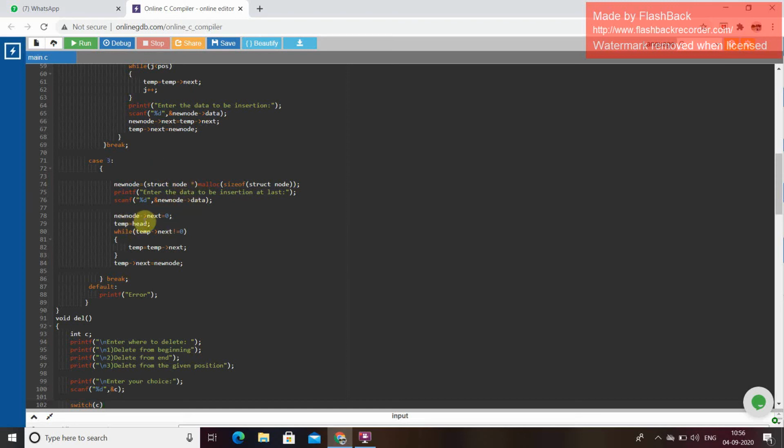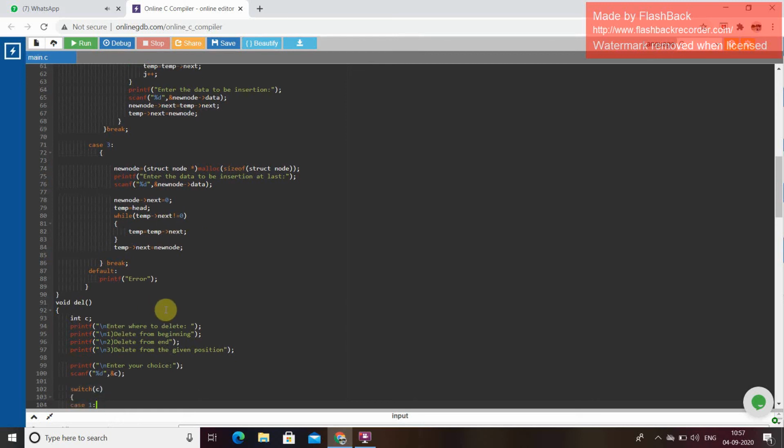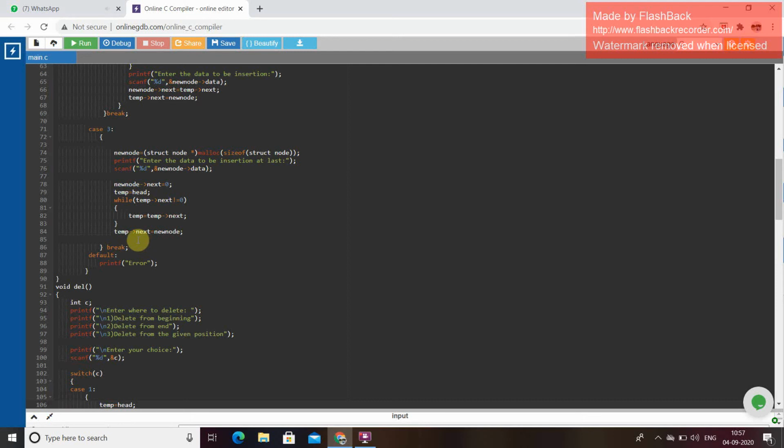Then again newnode->next equals 0, where temp equals head, while temp->next is not 0, then again temp equals temp->next. Then again temp->next equals newnode. Then again we have to break, default, print error.